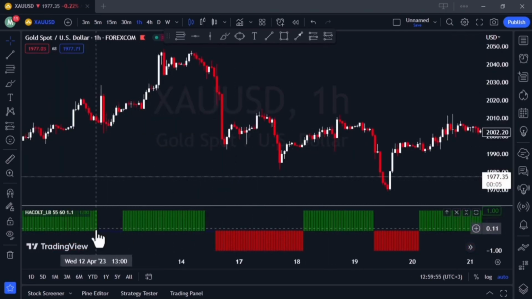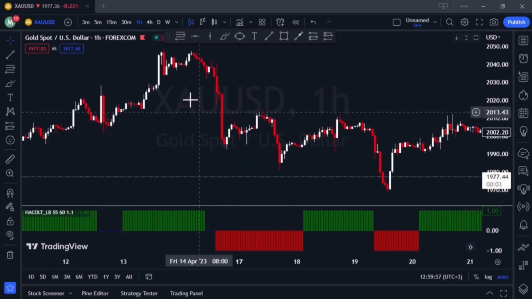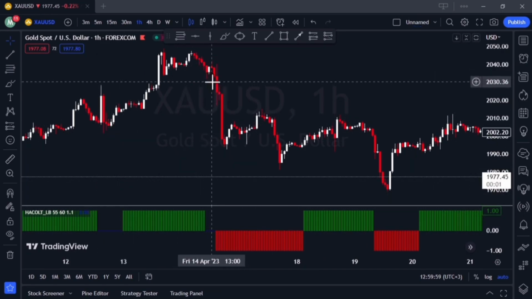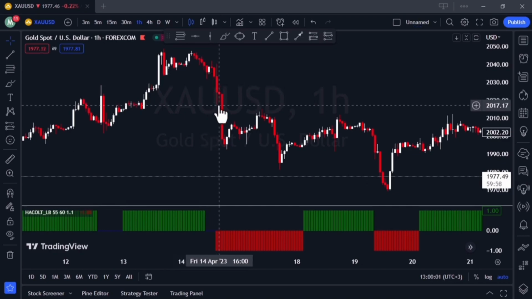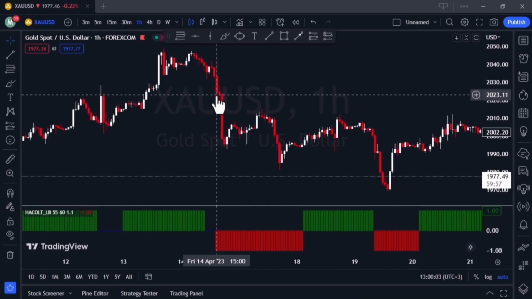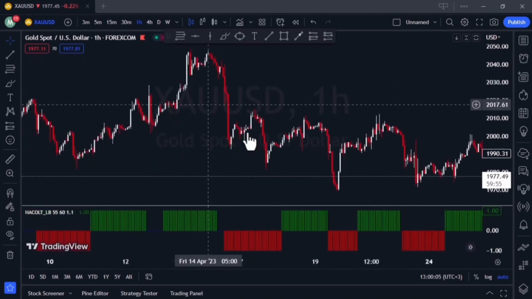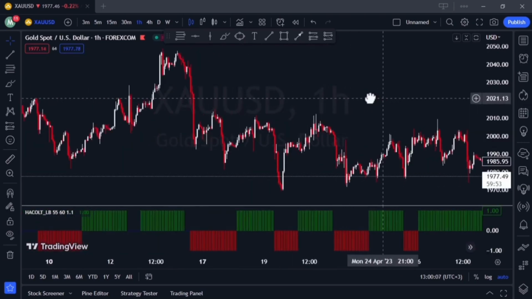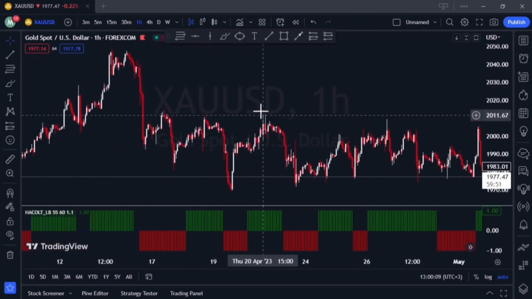As you can see here, it was not so powerful candles. Again, here, not so powerful candles. And then at this candle, it said, okay, go short. And if you went short, it was a powerful entry, let's say confirmation, because as I told you, these are